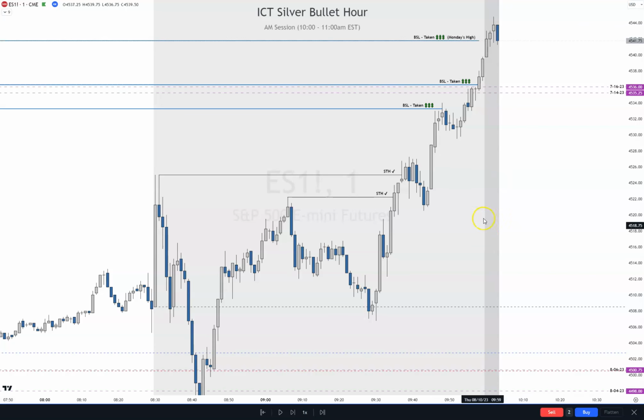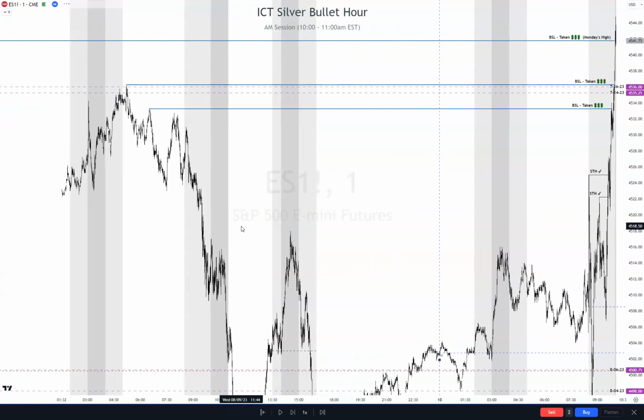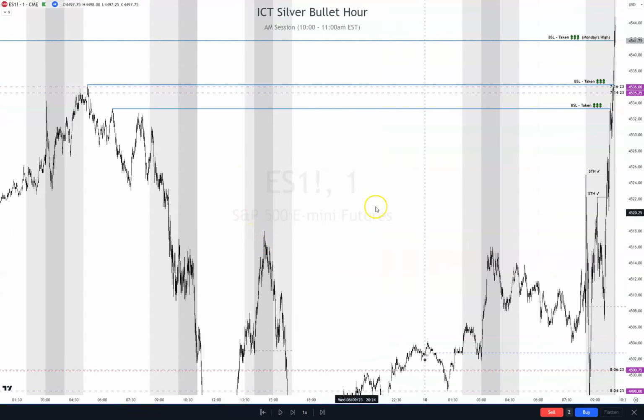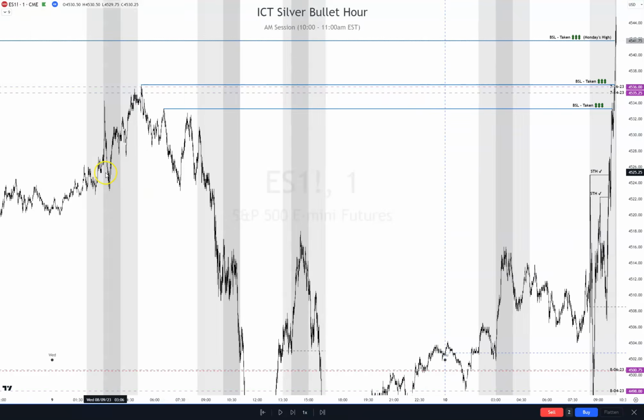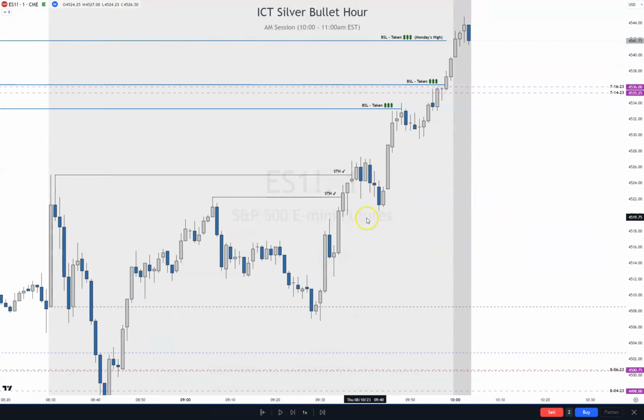Alright, so that was Monday's high. Let's just scroll up and see where all these are so you can see them. We've got these short-term highs over here, and then this one over here is the lunchtime high from Wednesday. Then you've got Wednesday's actual high of the day right there. And this other one is Monday's high of the day right there. I believe it's the high of the day. It's at least the high of the lunch hour. So we've taken a lot of buy-side liquidity, and now we're looking for a reversal.